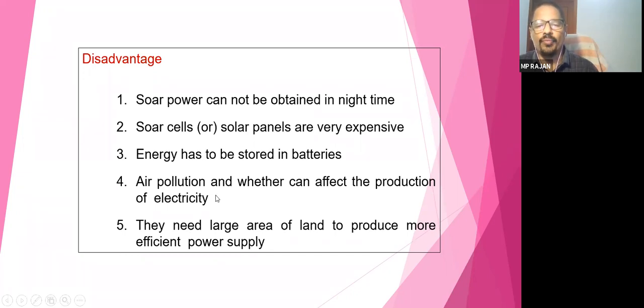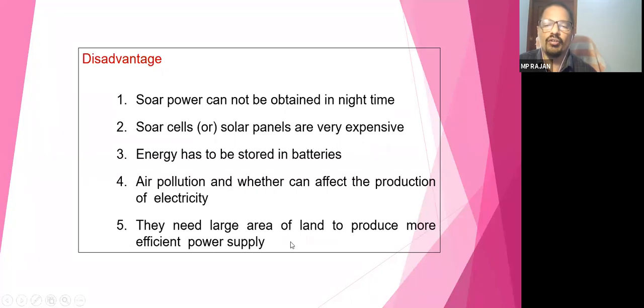Okay, shadow. Sometimes outside you have trees and buildings, and if their shade falls on the panel, it is not only giving less electricity, but it is very dangerous. That I will explain next class. Hot spots are formed which will burn, spoil, and damage your solar panel. So these are the difficulties.